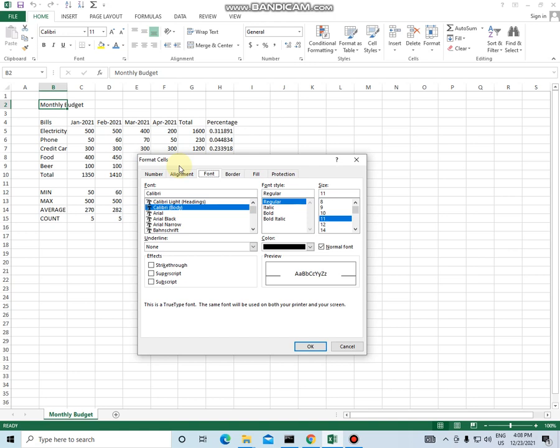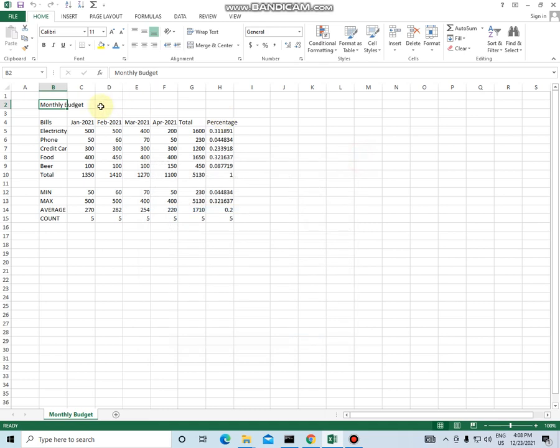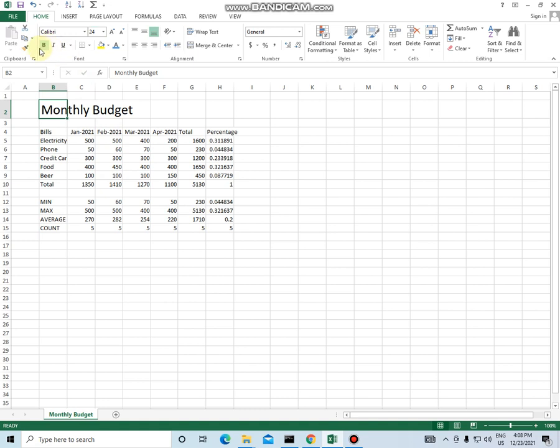So it's just some simple font formatting, and then I will leave it up to you to decide how you want to format this. So I can select again my monthly budget, click here, and I can change, for example, the font size. Let's choose 24. Then I want my text to be bold. I want the title to be bigger, and I will click on bold, and I can change the font color here, for example green. You can choose another color and so on.